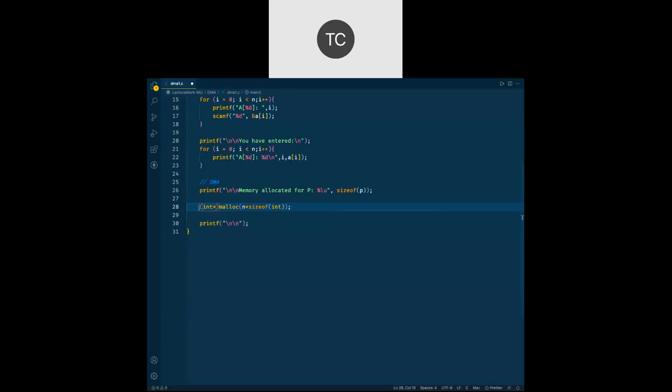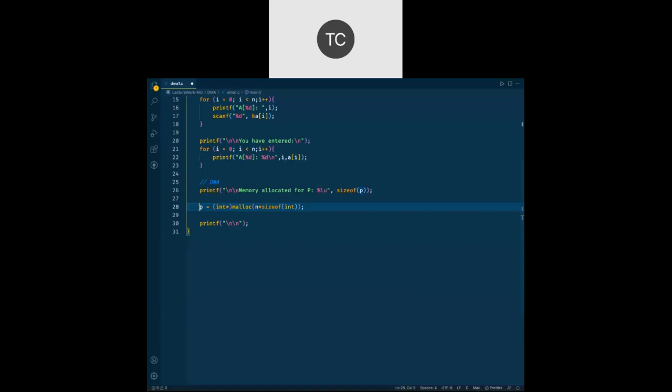Once it is typecast to integer pointer, where will we store it? Let us store that address in our pointer variable p. So now p is pointing to that newly allocated memory block. Now that p is pointing there, we can easily access that memory using pointer variable p.